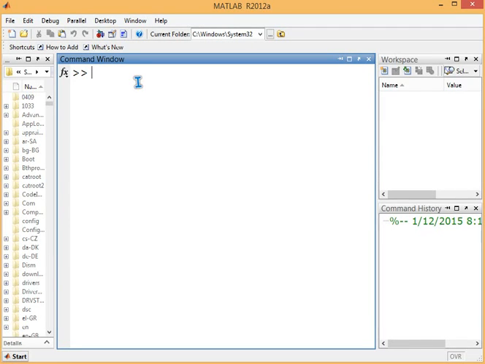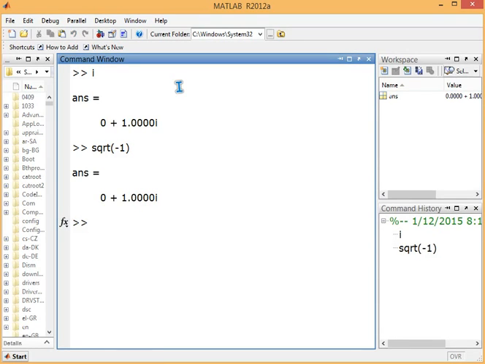Today we are going to see complex numbers, various functions which are available. But before we proceed, what are complex numbers? Complex numbers are essentially represented by x plus iy form, or rather a plus ib. And what is i? It is square root of minus 1. Square root of minus 1 is i basically, and this is the representation of any complex number.